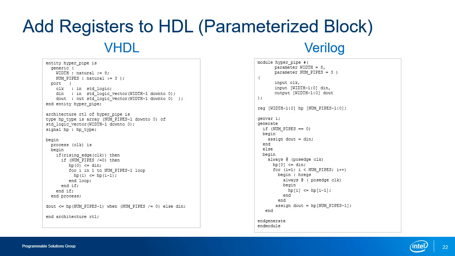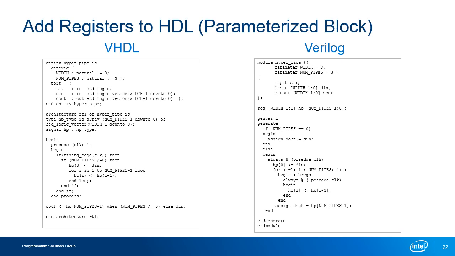Instead of manually coding pipeline registers each time you need to insert them, you can create a parameterized pipeline register block as shown on this slide. This way, you just instantiate the register block specifying the width and the number of pipeline stages that you need. These code examples may also be found in the Quartus software text editor in the language templates for VHDL, Verilog,